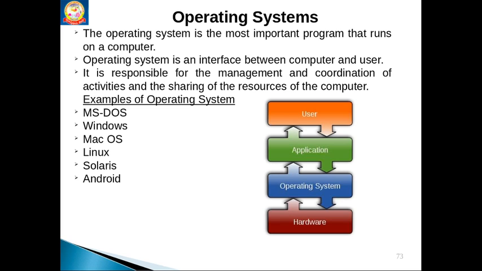The famous example operating systems are MS-DOS, Windows, Mac OS, Linux, Solaris, Android. Android means in our phones we use this operating system, Android operating system. That is also an operating system. When this Android came into picture,